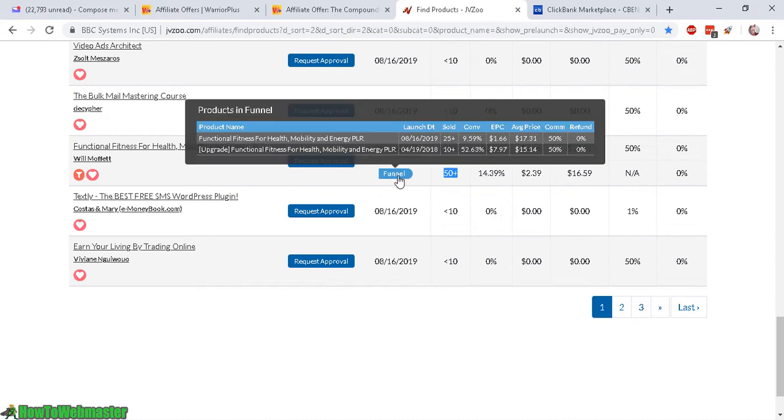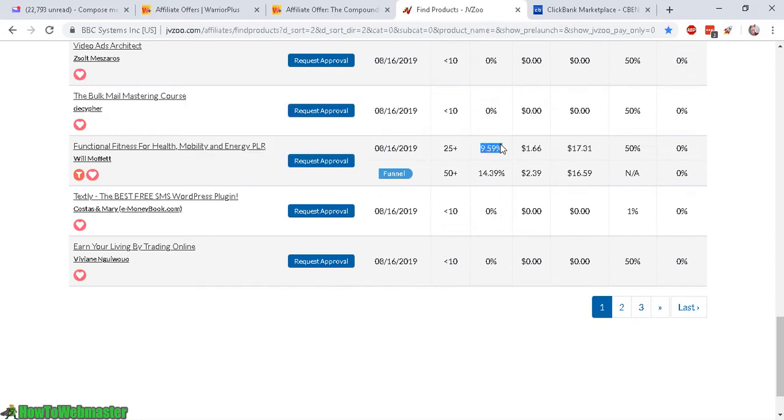It's got a 9.59% conversion rate for the front end product, and then almost around 14% for the upsell conversion rates. And earning per click is pretty good, and average sales pretty good, and commission 50%, zero refund,